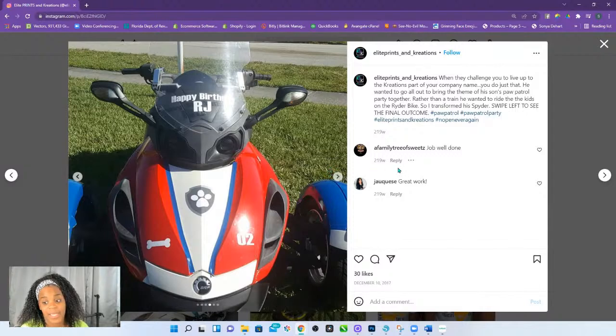Baby, that was money, all because I knew how to work with vinyl. They could have easily gone to a car wrapper, which would have probably charged them way, way more. Of course, I didn't charge as if I'd done it many times, so I didn't go too crazy. When I gave them the price, it was a little bit lower because it was my first time. But I knew it was going to take work, so I wasn't going to just do it for nothing. But yeah.